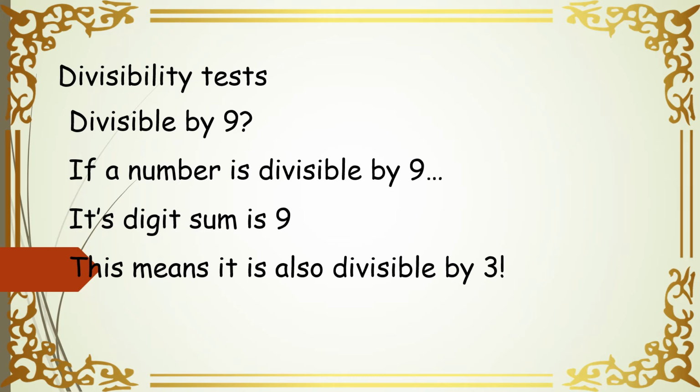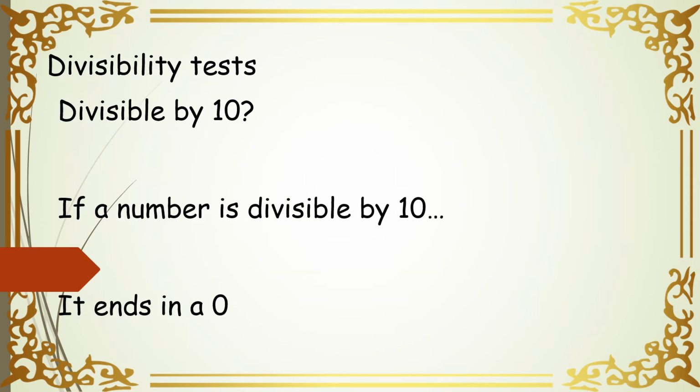ओके, जैसे कि हम लोगों ने पढ़े थे 3 के डिविजिबिलिटी टेस्ट के अंदर भी यही था. वी एडेड द नंबर्स and the numbers, if it was the digit that you got, the single digit number that you got, if it comes in 3's time table, that means it is divisible by 3. so अगर ये 9 का होगा तो ये भी 3 से डिवाइड हो जाएगा, है ना. so these two go hand in hand.